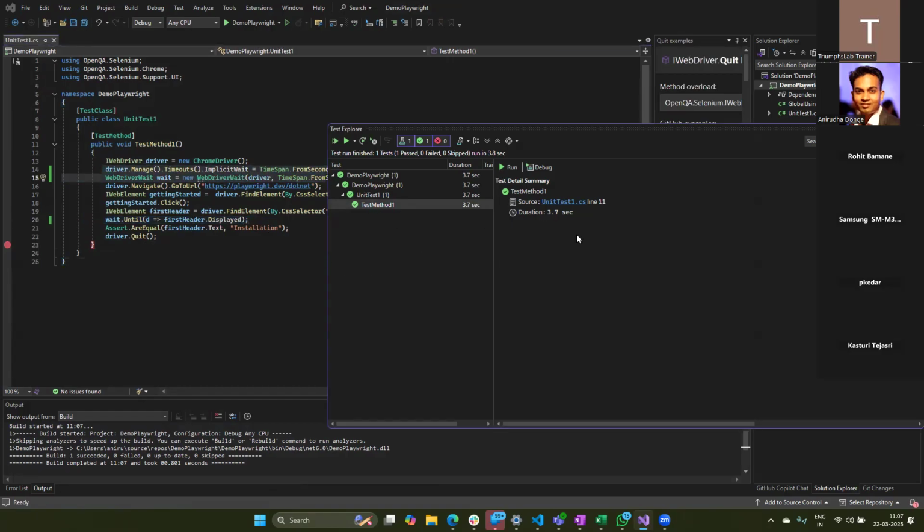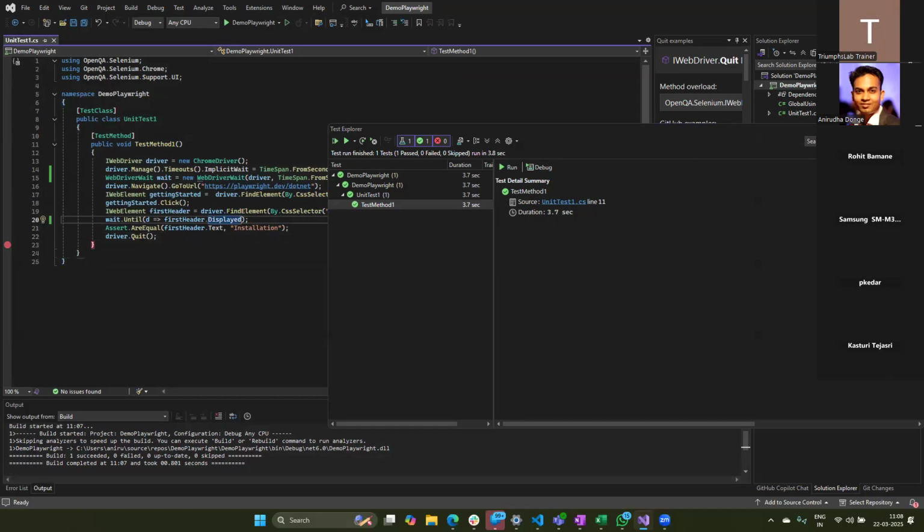And the other thing is, if I want to see what exactly happened in the test, there is no way that I can do it, because for that I have to write special lines of code for getting the HTML report as well as the logs. So, coming back to Playwright.